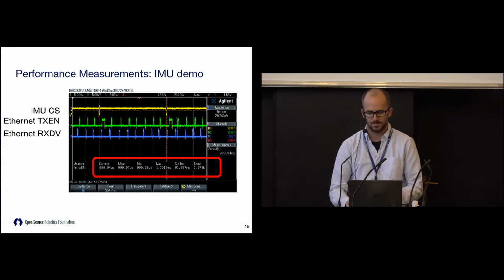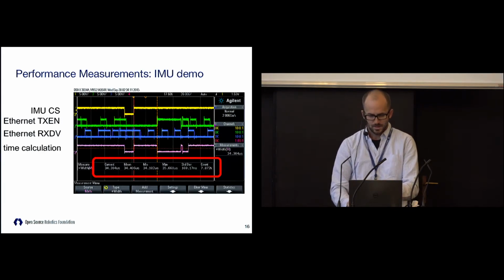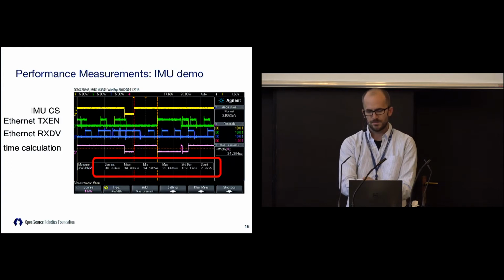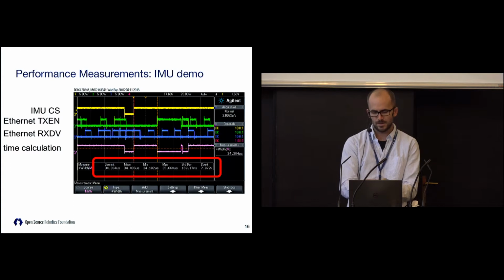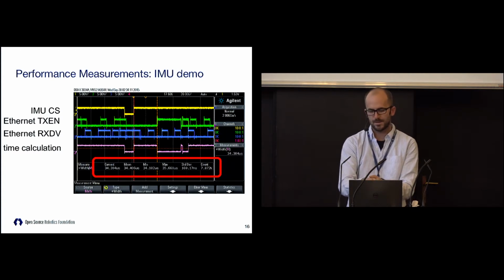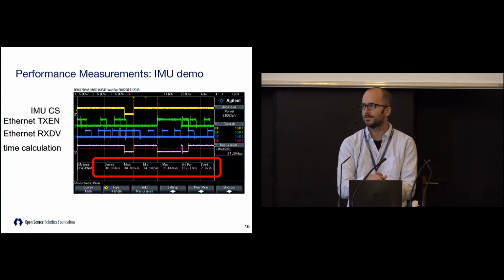So it's about 0.2% jitter. That's pretty good. Now if we zoom in, what we often care about is latency. The yellow trace goes down, we talk to the accelerometer, we get its data back, and then there's a delay while we're crafting our packets until the green trace goes back up, and that's when we're sending out the RTPS message. So we want that delay to be small and also predictable.